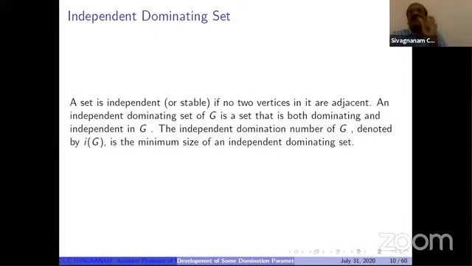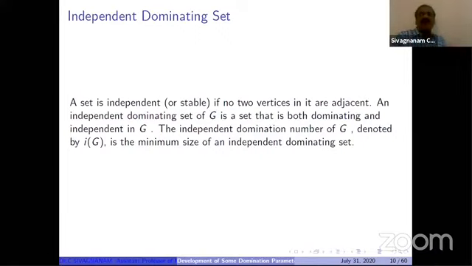So, what is the extra condition we imposed? The independent property we are imposing. Every pair of vertices is non-adjacent and every vertex is dominating all the vertices of the graph. Independent and dominating, it is called an independent dominating set. We can find more than one independent dominating set, and among those we find which dominating set has minimum cardinality. It is easily found.